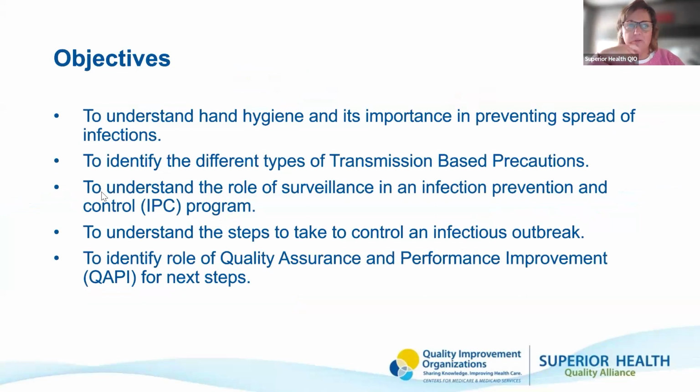So today we're going to talk about hand hygiene. We're going to start with F880 and some of the basics that everybody understands, but we're going to do a little deeper dive into why those are included in basic infection control. As we talked about last week, F880 is the F tag that houses all of the basics and fundamentals of infection control regulations. It really is your instruction book on the things that are required in your infection control program. It's the basics, so today we're going to get back to basics and talk about hand hygiene and its importance in preventing